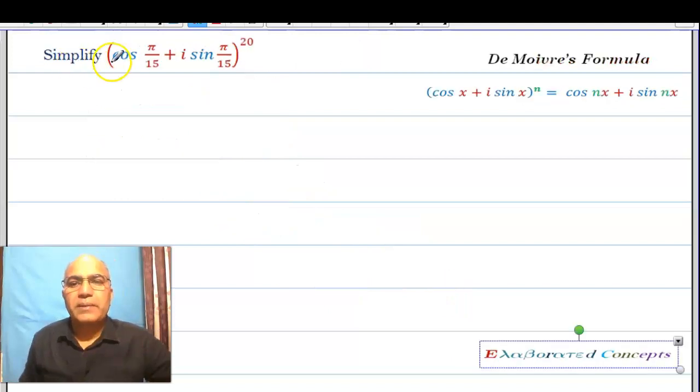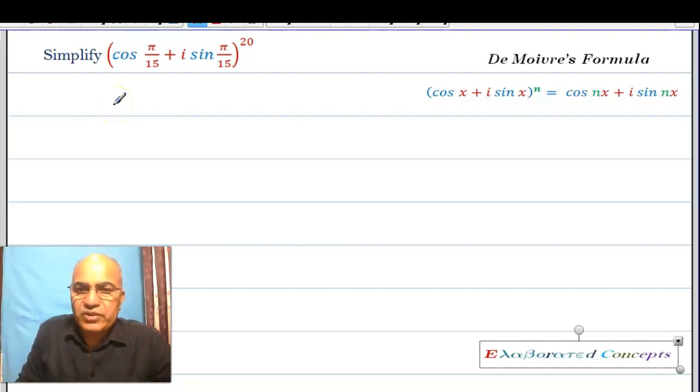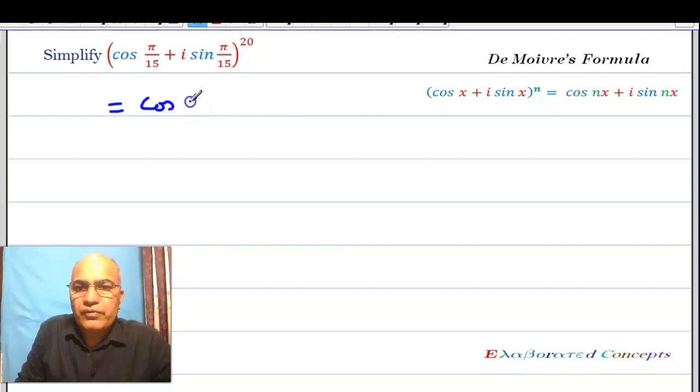The next problem is simplify. In this problem we can directly use de Moivre's theorem. The power 20 is multiplied with the angle pi by 15. So this number simplifies to cos of 20 times pi by 15